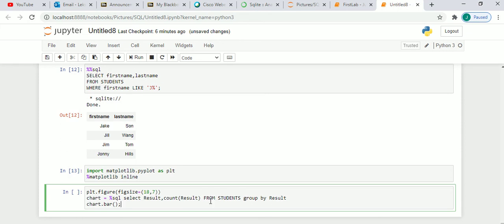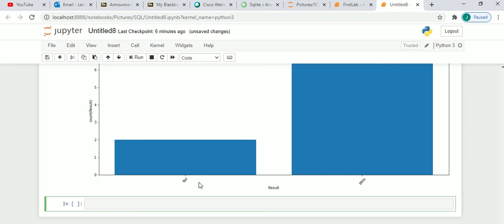Now this is the query. It says select result, count of result from the table student and group by result. In this table, result has two values, pass and fail. As it is grouped by result, the count will be the number of students who have passed and the number of students who have failed.